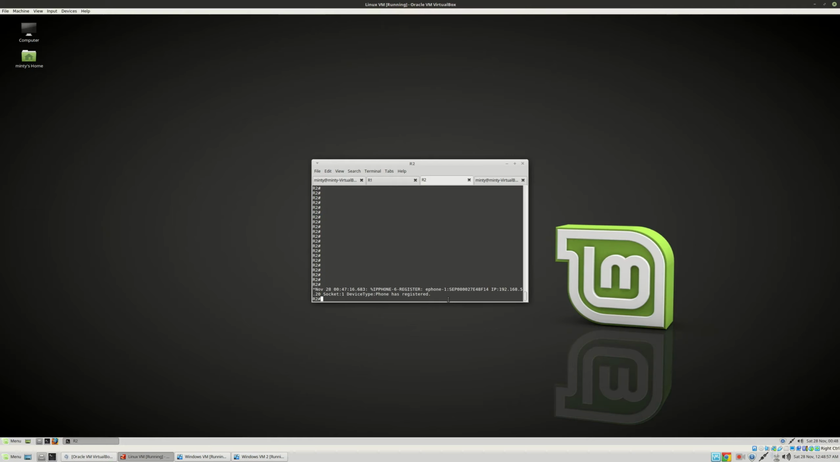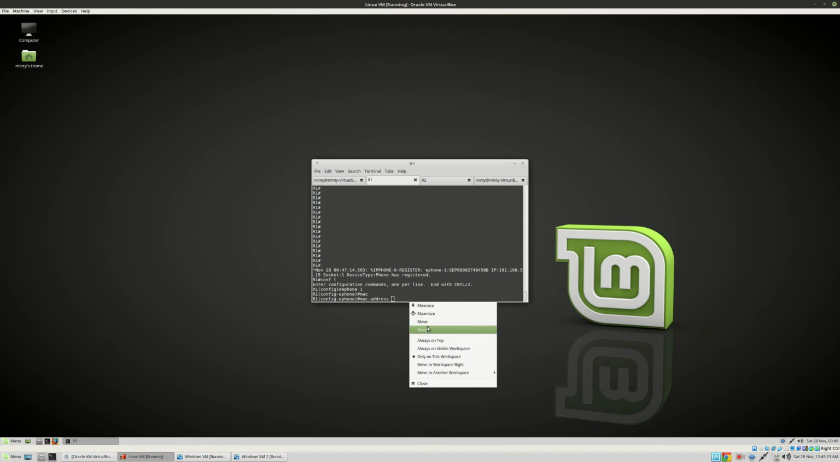So coming back to our Linux VM with our routers, we can see that both routers have a new message in their terminal. This is just the message saying that the phone is registered with the router. This right here, everything after SEP, is the MAC address, so I'm going to be showing you how we can use that. ephone1 MAC address, and then we're going to type this, and then we're going to separate each 4 with a period,